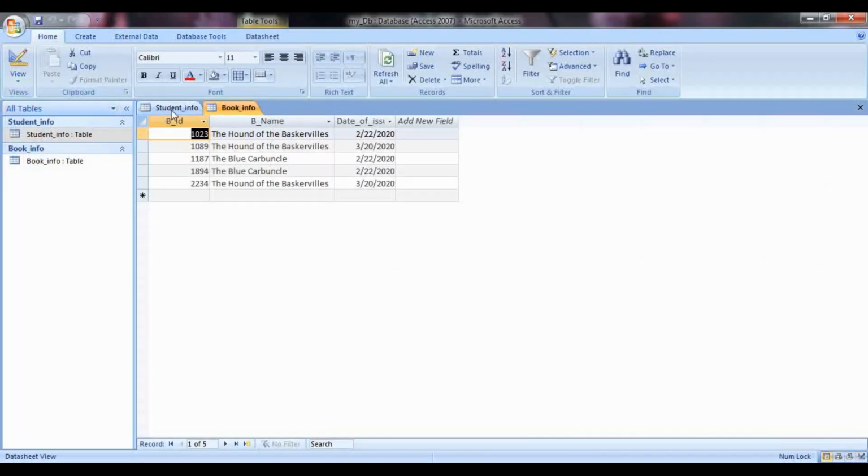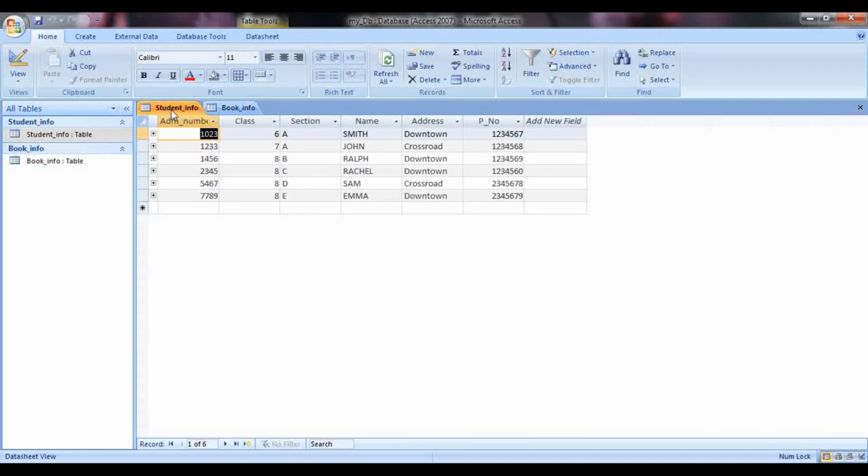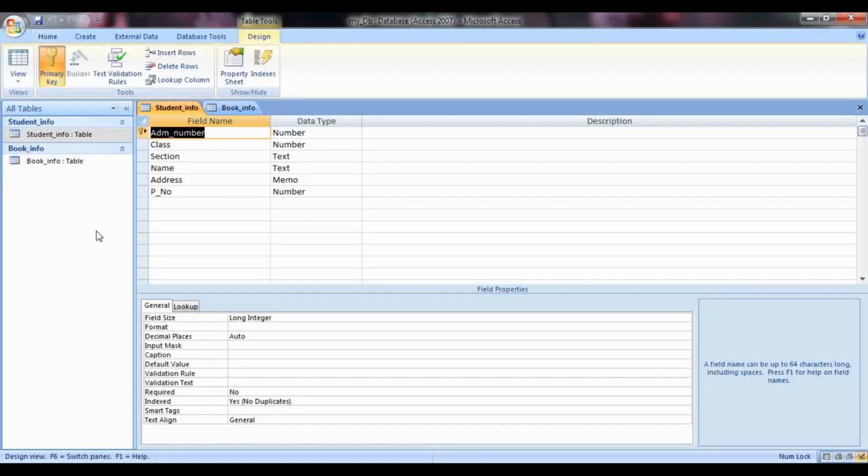Now let us see about the student information table. When I go to the design view, you can see here the first field name is admission number and the data type is number. Second one is class, the data type will be number again.